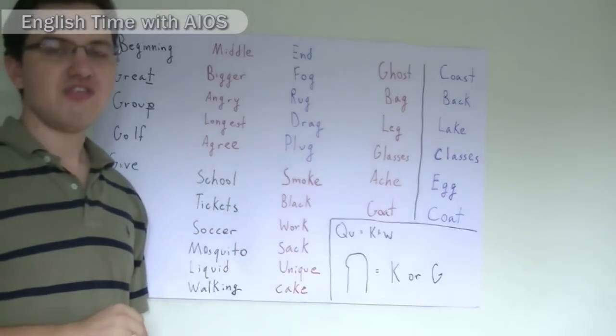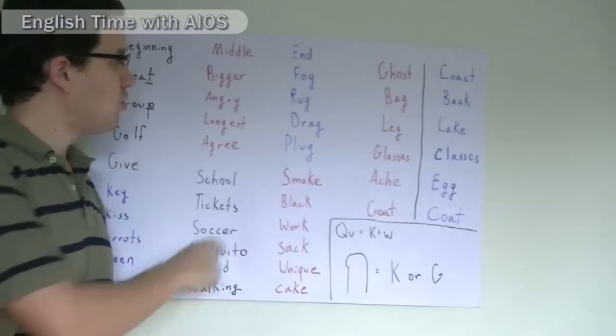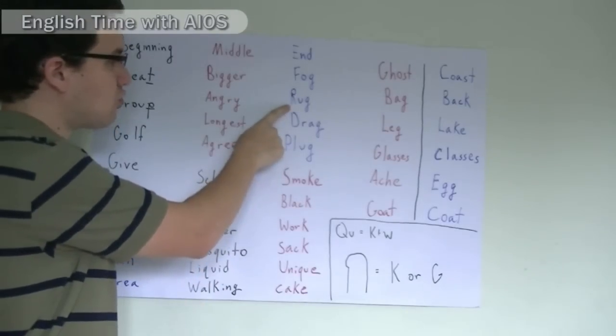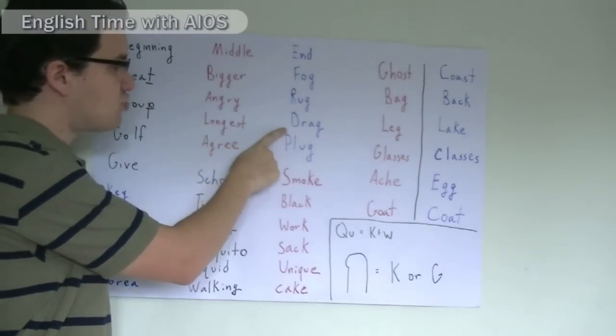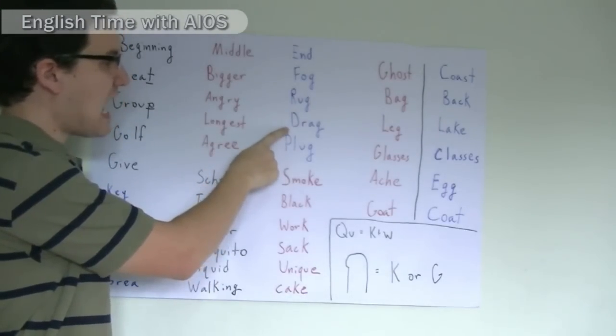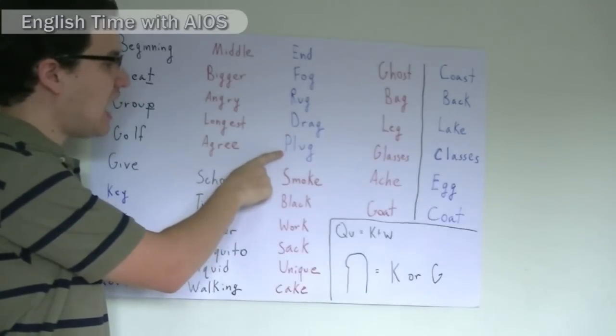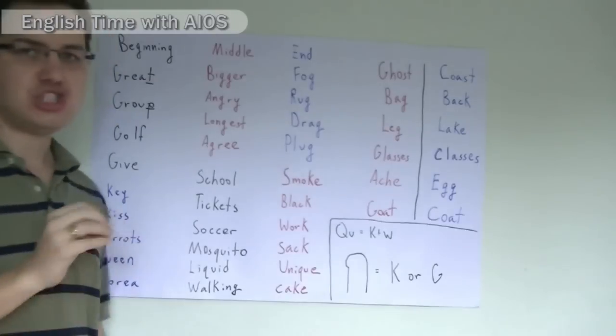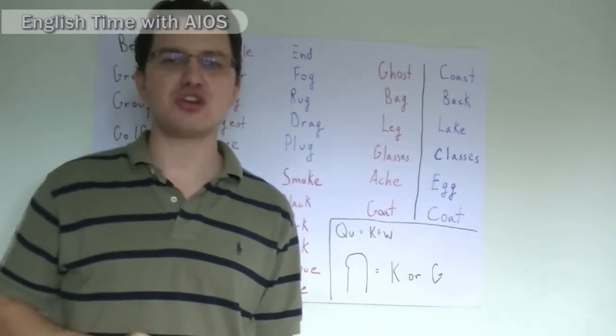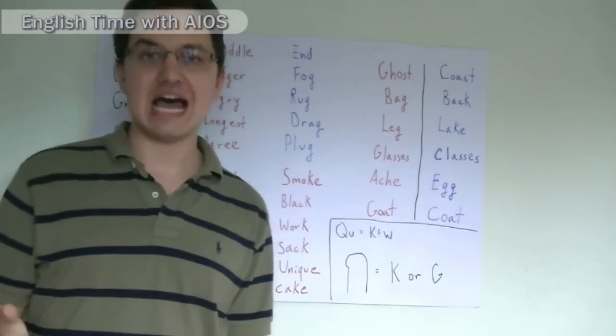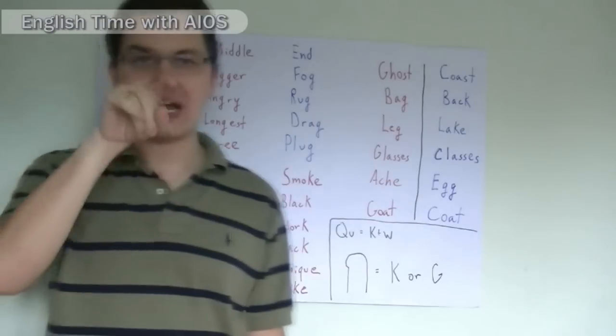The last kind, G and K sounds at the end. Fog, fog. Rug, rug. Drag, drag. Plug, plug. So G at the end is particularly difficult because in Thai language, when a Gokai is